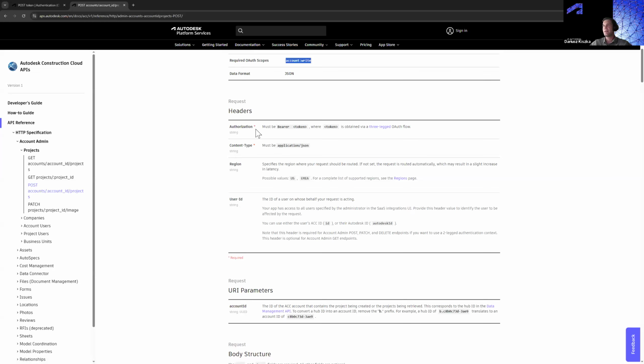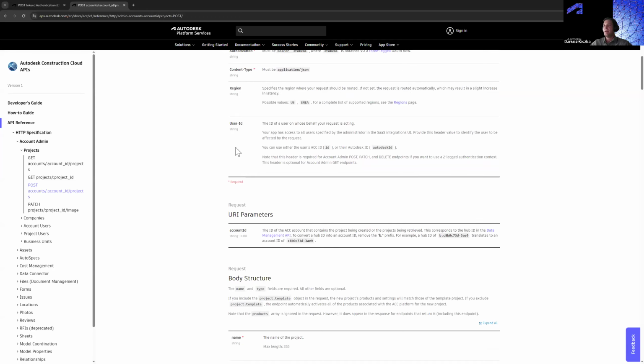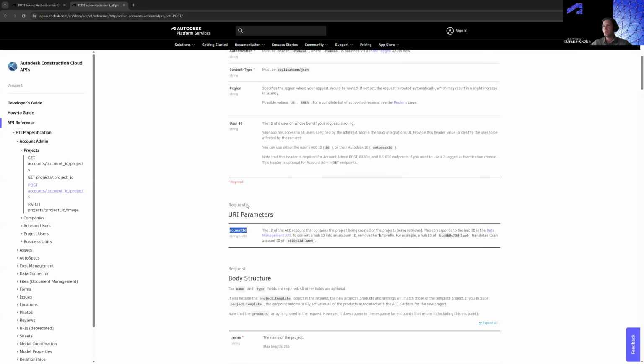So if I go to headers, I can see that mandatory is to provide the authorization with the three-legged token. I have the content type that will be provided in JSON. Optionally, I can also use the region if I'm accessing US or EMEA center. Sometimes I can also validate myself providing the user ID if I want later to track who has created the project. Within the URI parameters, I need to provide the account ID,